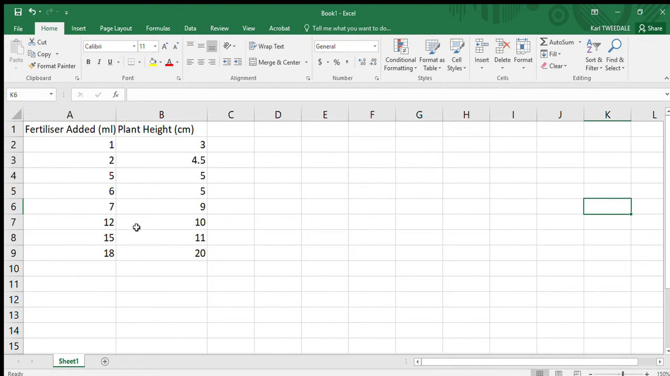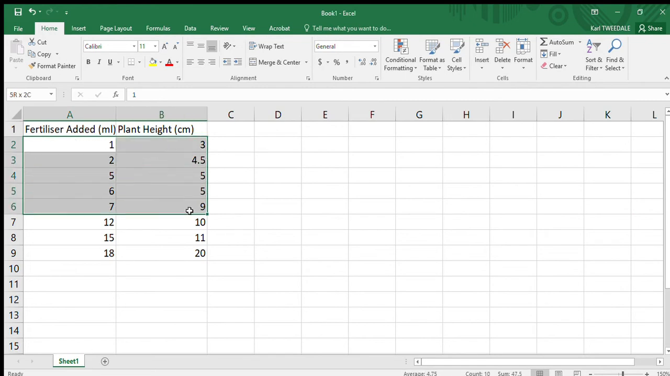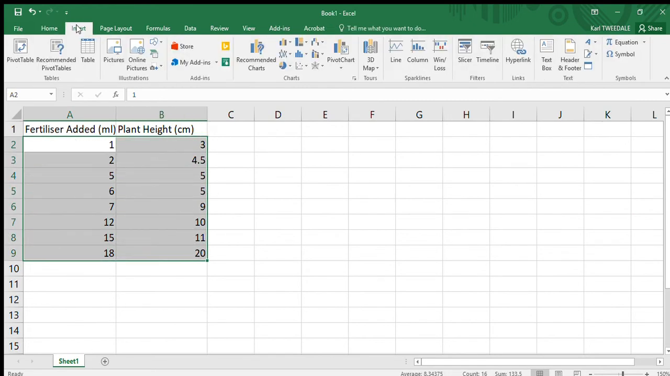plant height. The fertilizer, because this affects this, will go on our independent variable, our horizontal axis. This is our explanatory variable, and this is our response variable. This goes on the vertical axis. So what we're going to do is highlight this data here. We're going to go insert,